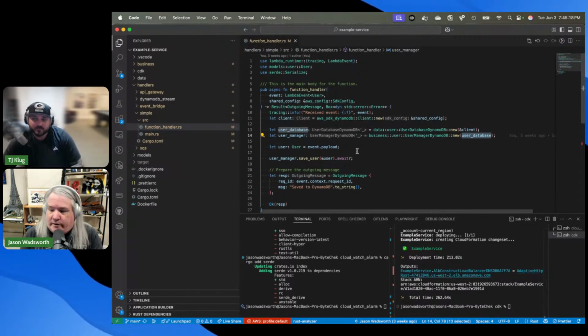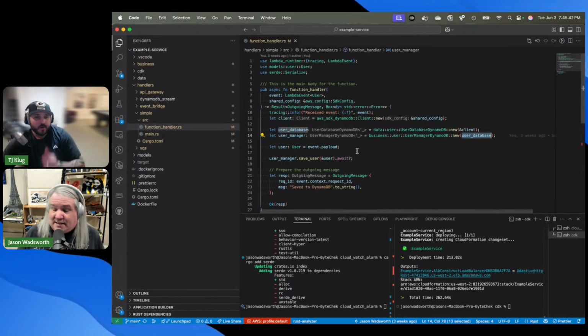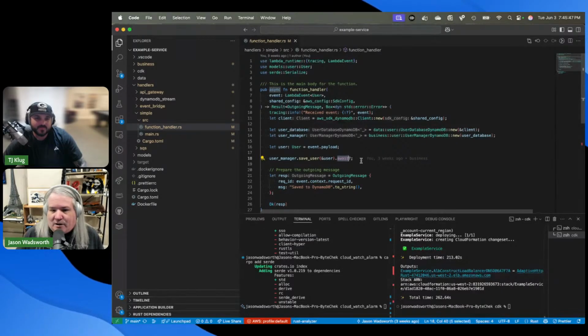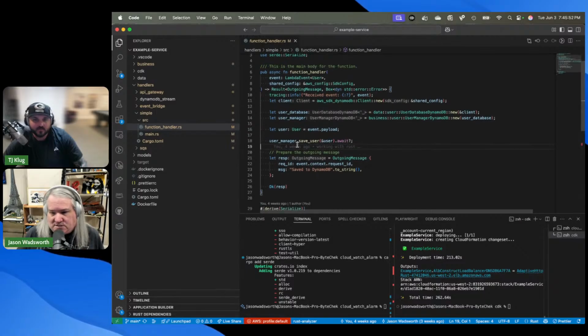But what becomes really weird with Rust is you can create interfaces effectively. They call them traits. You can create these interfaces, but because Rust needs to know at compile time where the memory of things are, it becomes really challenging to create some object of unknown size and pass it around. Yep. Because it wants to understand things, and you have to end up doing these boxing things, and we'll talk a little bit about how await isn't even really handled very well, and so there are some limitations on asynchronous stuff there that makes it really challenging. So I just completely avoided that and went the simple route.